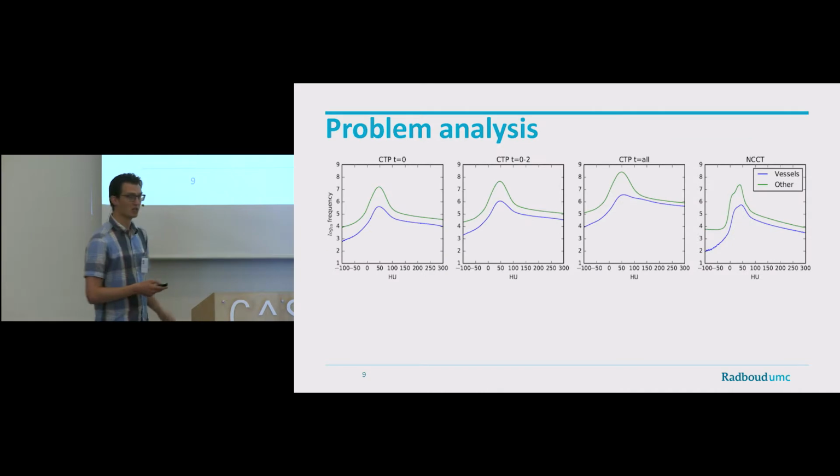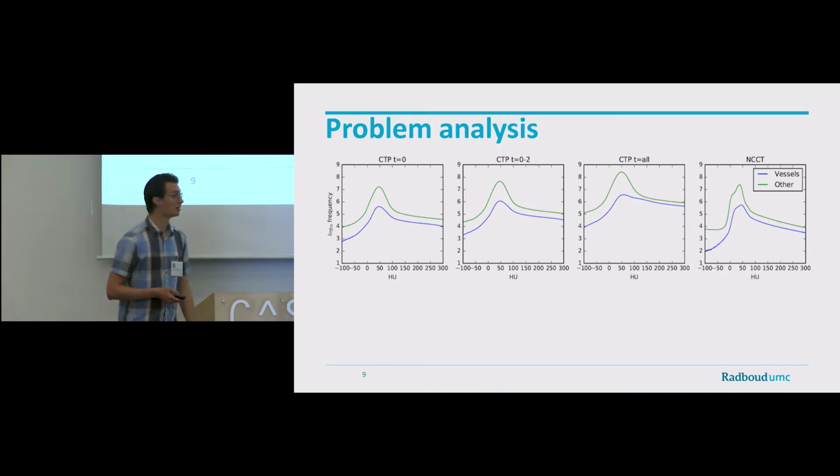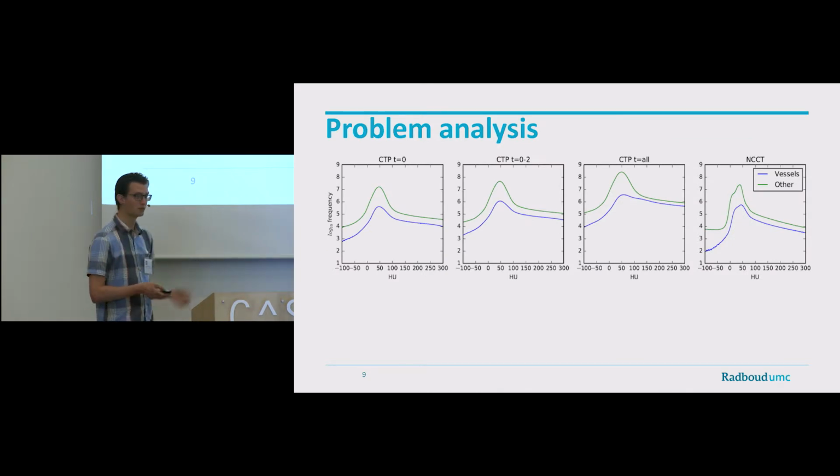But at least it gives us some baselines which we could use. So what we did here is very simple. We just took the CTP signal for the first 3 images. These are like histograms, so they indicate a voxel count